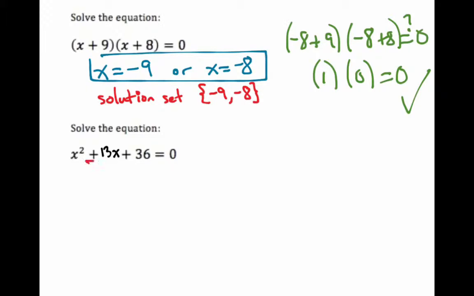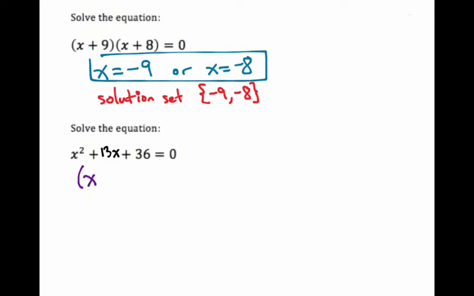So now what I'm looking at is this quadratic expression, or trinomial. I can't solve this yet, but what I can do is factor it. And if I factor it, it's going to look a lot like that, and then I'll be able to get my solution. I should be able to do that in my head pretty easily right now, because this has just x squared. We're going to learn today what to do when there's a number other than 1 here. But in any case, I have x plus 4 times x plus 9, and so my solution should be -4 or -9,